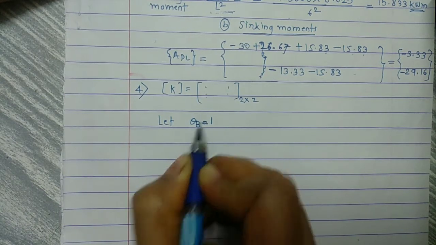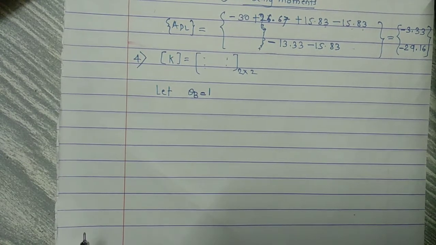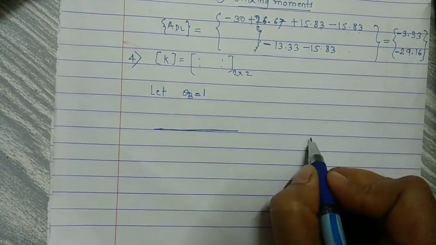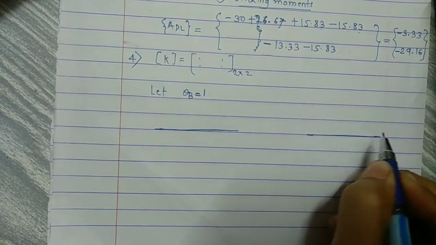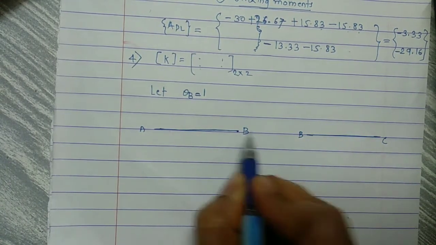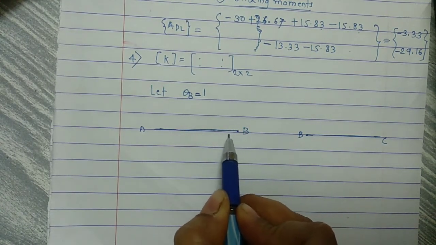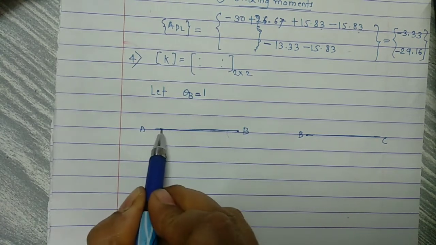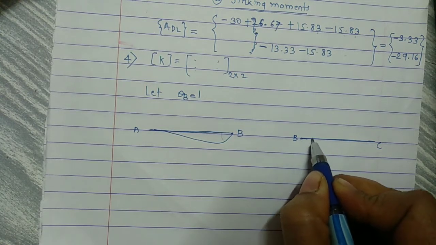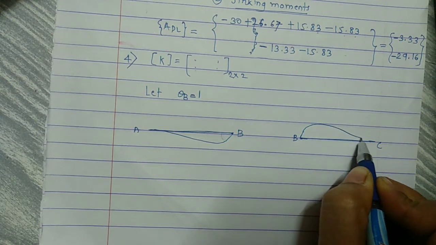by 1. So let us take the first degree of freedom, theta B equal to 1. So at B point, give unit rotation in the positive direction. So this is member AB, member BC, unit rotation at B point. So for both members you have to show the figure. So here in the anti-clockwise direction, the member will bend in this direction. So this will be the deflected shape. And for the BC member, in the anti-clockwise direction, the arrow pushes the member in this direction. So the member will bend in the upward direction.